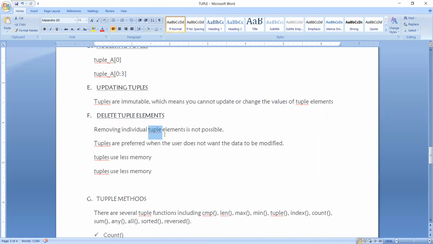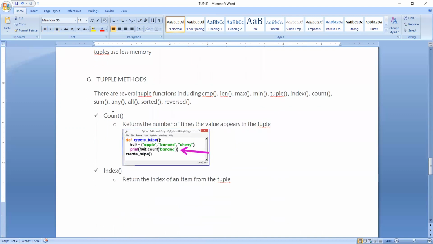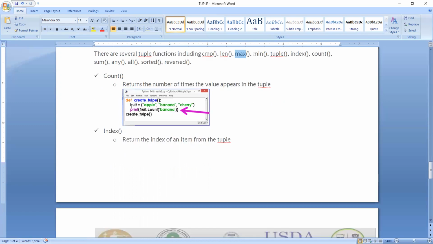You cannot remove items. Why? Because they are immutable. We have several tuple methods, like cmp, len, max, min, tuple, index, count, etc. There are several methods or functions. For example, the count function returns the number of times the value appears in the